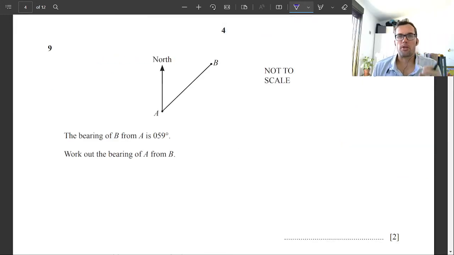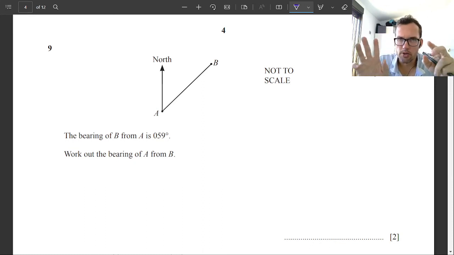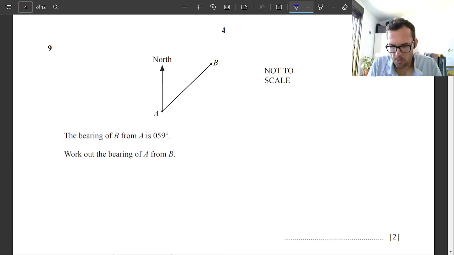Question 9, bearings. Remember the 3 rules of bearings, right? North is always 0 degrees, 0, 0, 0. Number 2, we're always going clockwise, or you're looking for the other side, clockwise. And third rule, always 3 figures. Okay, so